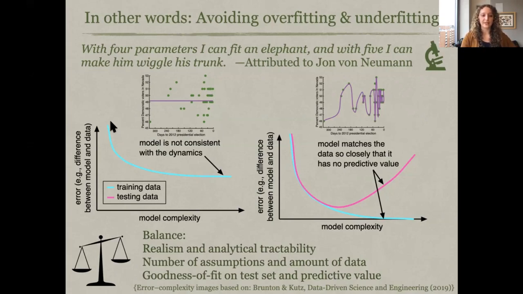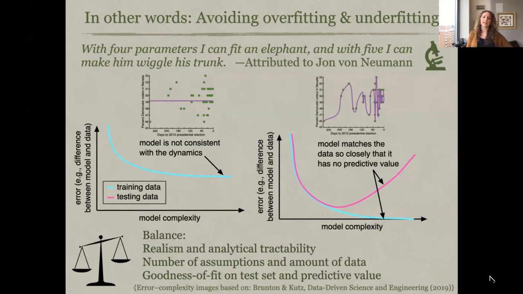And so if you think of this curve here, where this is the error between your model and your data, it's going to be bounded below by some value. You're not going to be able to improve it. Regardless, you try all sorts of lines, but you're not going to get much better. And then in this case, you have fit your curve so carefully to the data that your model is so complex that you have zero error between your green points and your purple curve. But as soon as you try to make a prediction or a forecast with your model, you test it on your testing data set, then the error is just going to increase significantly.